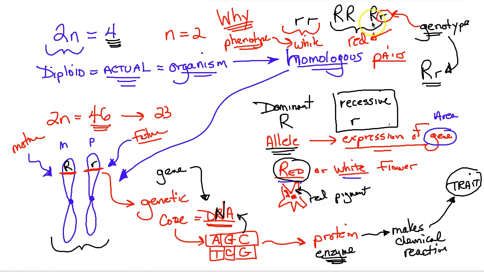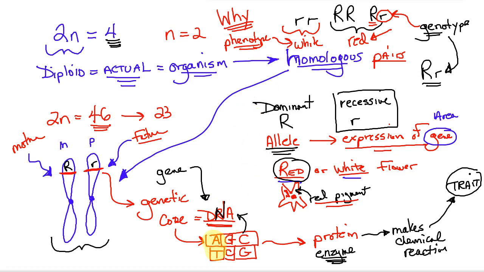The idea here is that the red is a working gene on a chromosome that correctly codes for a protein that catalyzes a series of chemical reactions that makes the red pigment. It's the working gene. The recessive gene is a broken gene. This one's broken for some reason, and probably because it has a mutation, meaning somewhere in its genetic code there's